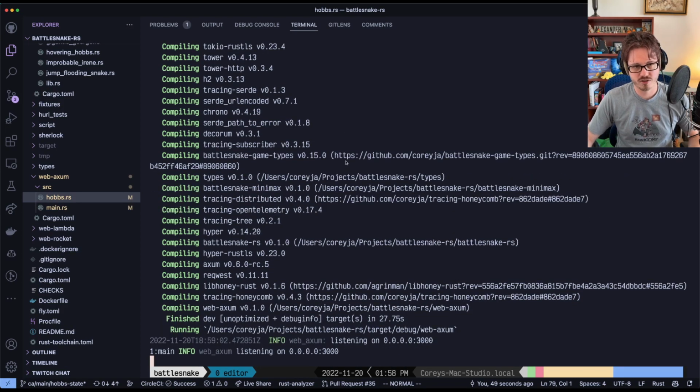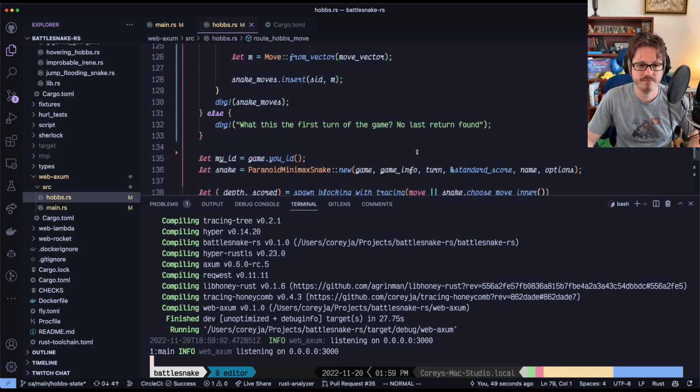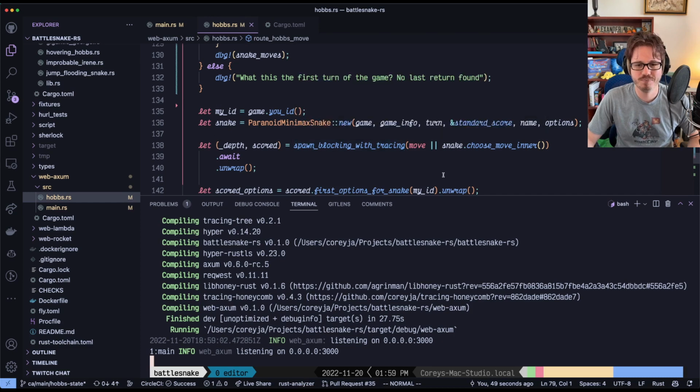Awesome. Okay, so now we actually have some extra safety, because what we just added was if you have a move and the turn matches, we do all these things. If not, then we just are like, nah, we don't. Nah, you're good. Which is perfect. So choose move inner here. I think we're gonna need to